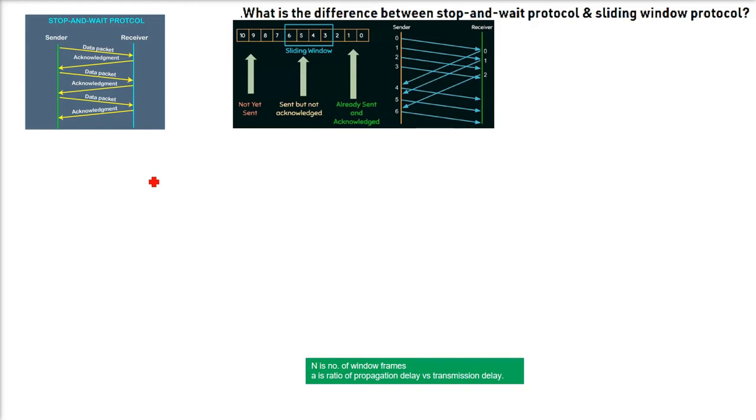What is the difference between stop and wait protocol and sliding window protocol? First of all, they both are for flow control. So you will talk about them in different layers, the data link layer also, and in TCP, that is the transport layer, also. But we are talking about the core of these protocols. Okay. First thing,